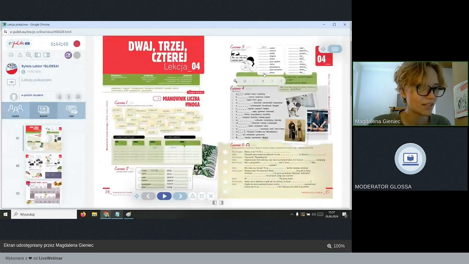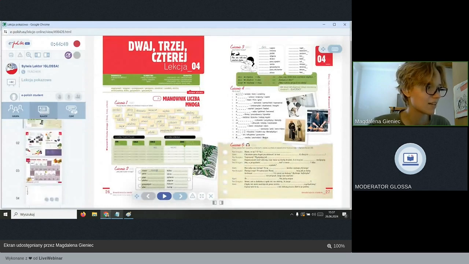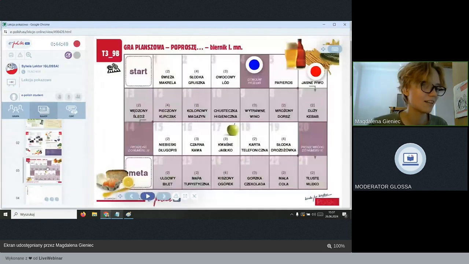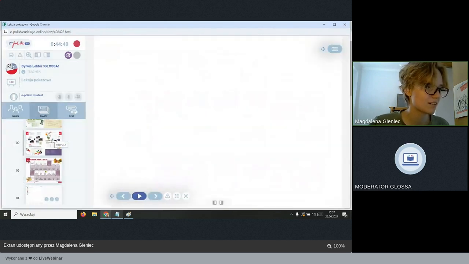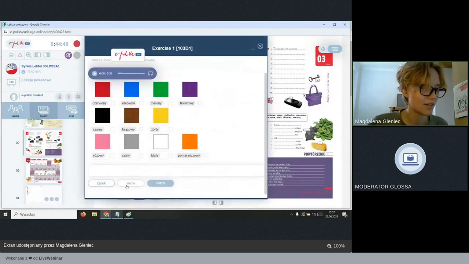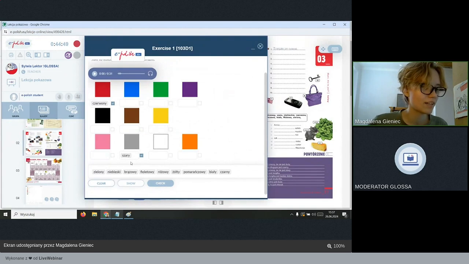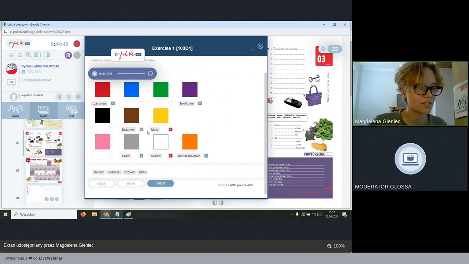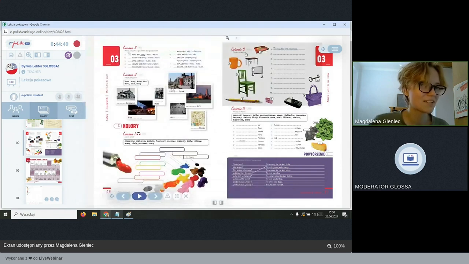This time I can navigate through the slides whenever I wish, unlike before during the online class where only the teacher could do that. I can open the exercises. Now I do have the buttons which were missing during the online lessons. Because the teacher is not present right now, I can fill out the exercise as many times as I want. And now the teacher will not see the answers, so I can comfortably practice the material that I've learned during